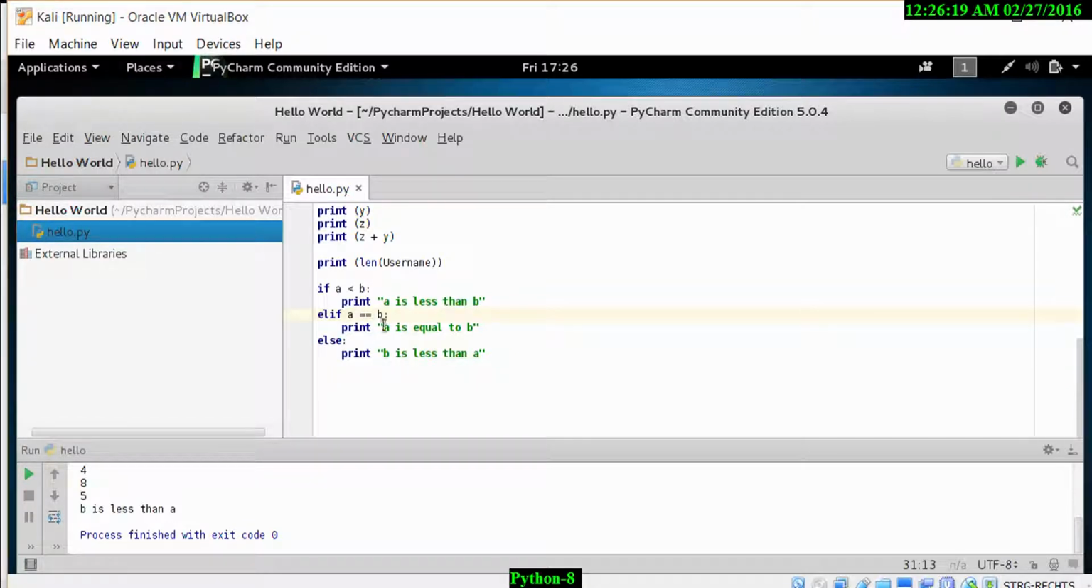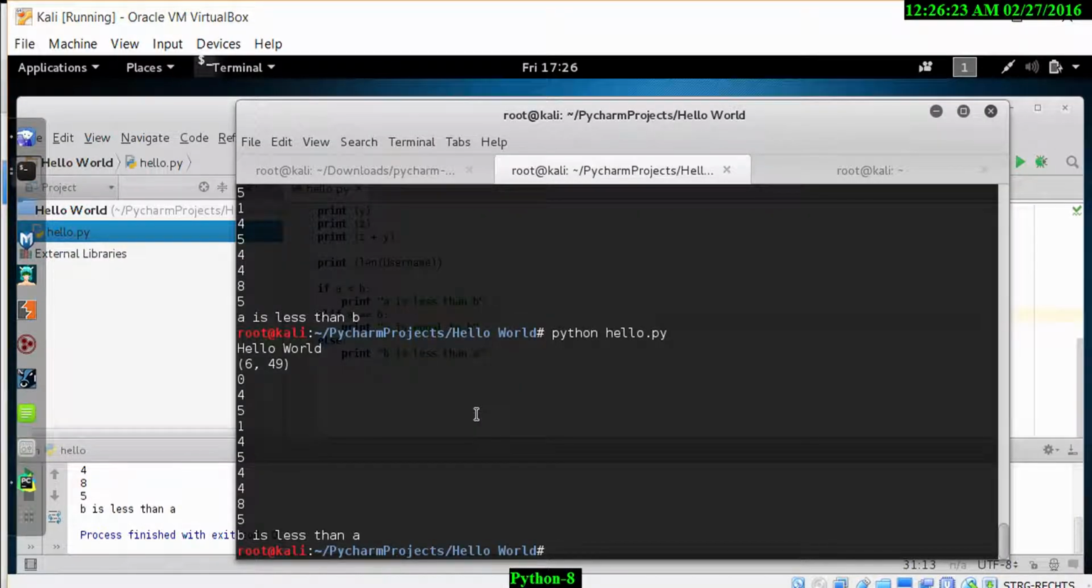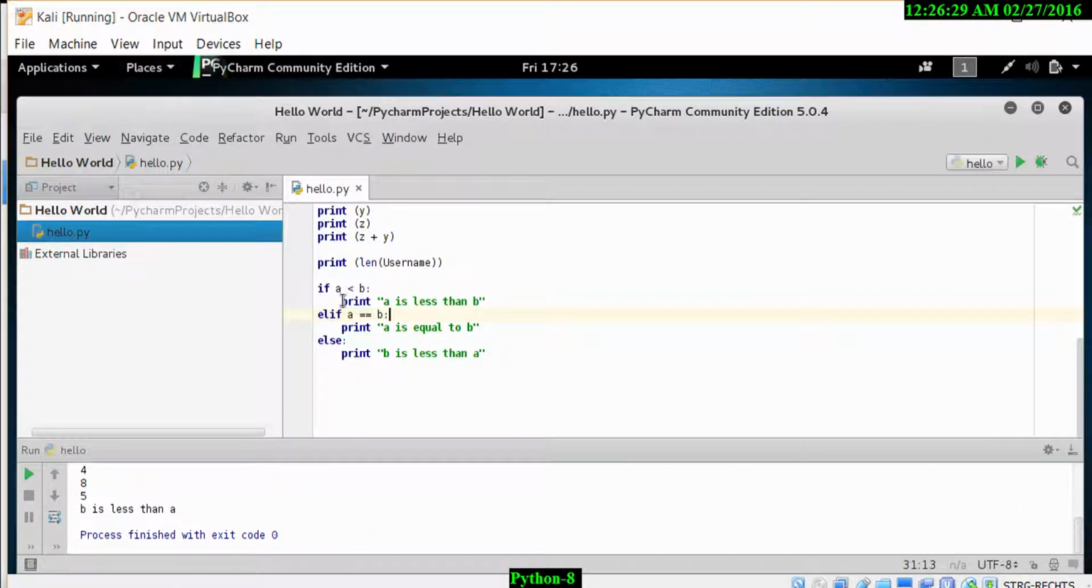Now if I run the code in Kali Linux, let's make sure this actually works, and there we see A is equal to B. This is how we use the code in Python. You need the double equals sign, and the else if is written as